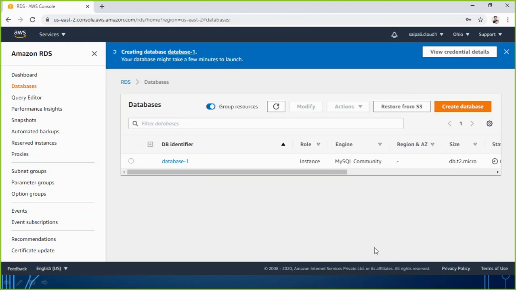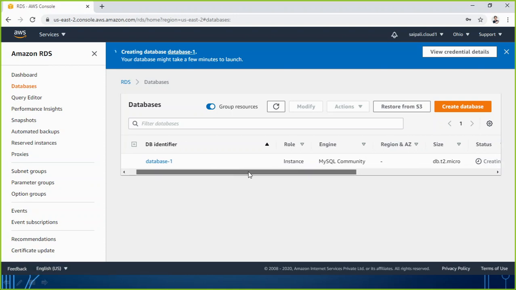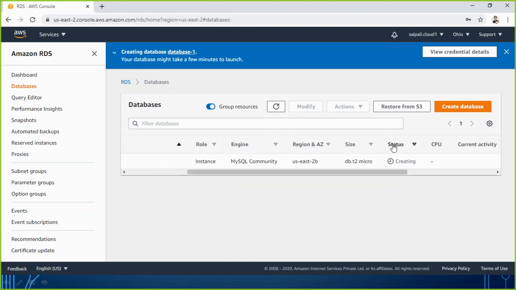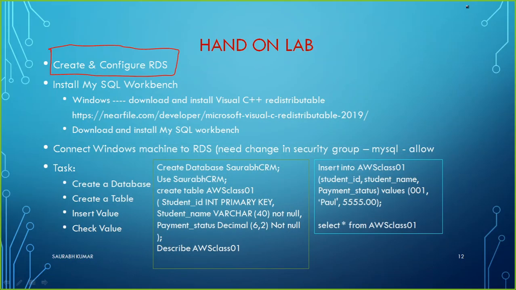So this is the step we follow to create a new database on the Amazon RDS service. If I take a little bit to the right side, you can see the status. It is telling me creating. Then it will show backing up, and thereafter it will become available. Until it becomes available, I will not be able to use this database. So we have to wait for a moment for it to become available, or maybe we can minimize this screen and continue doing the next task.